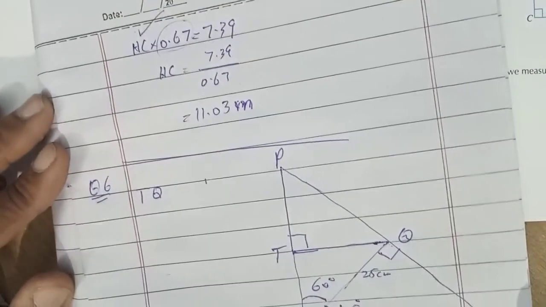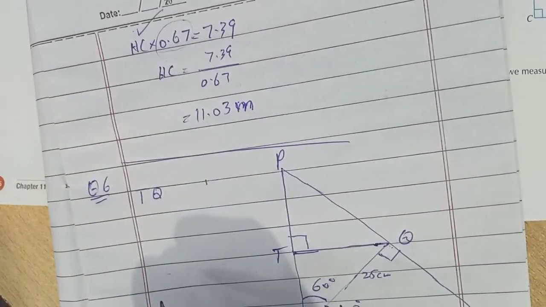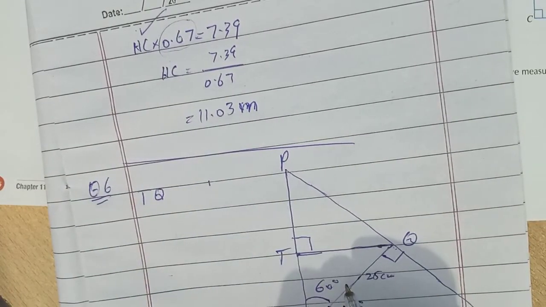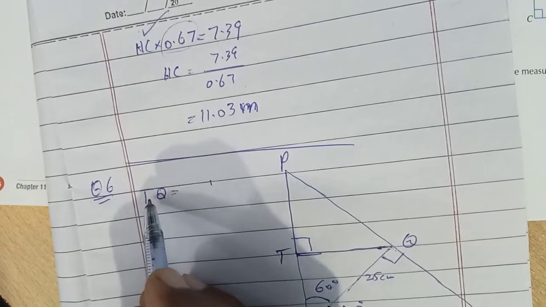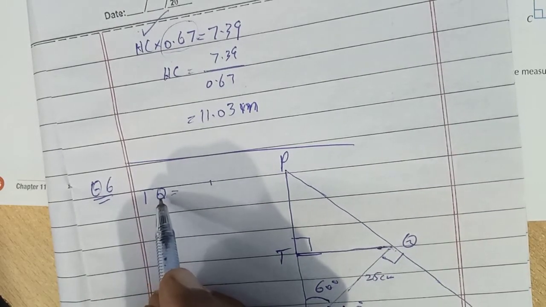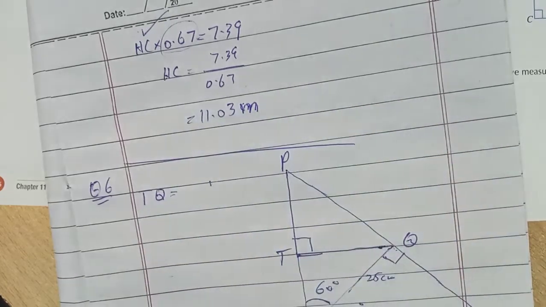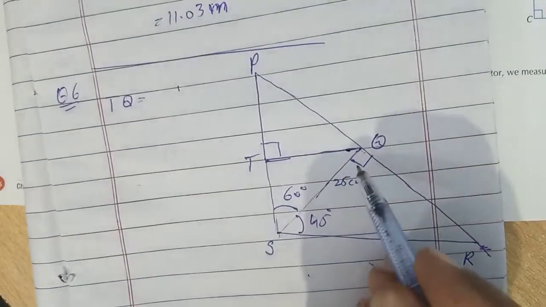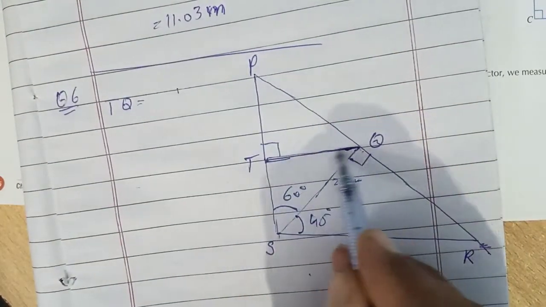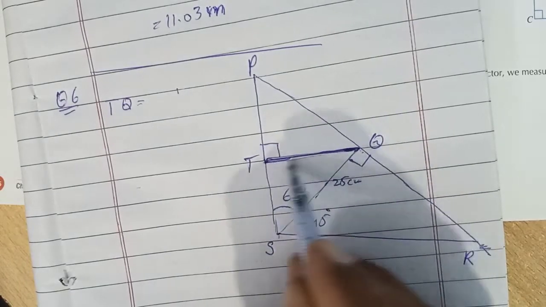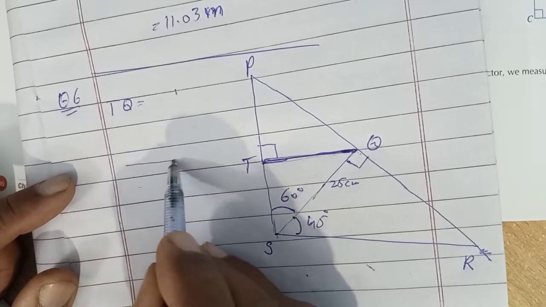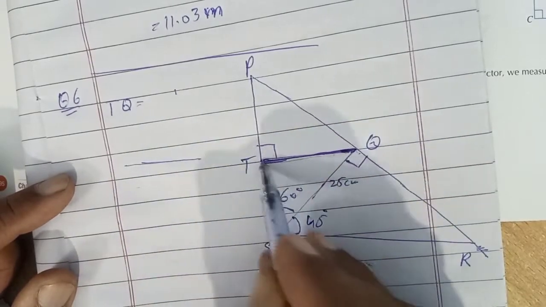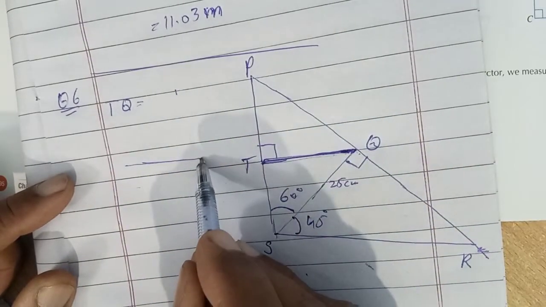Now this is question 6 of exercise 11b. This is the given figure. The side whose value is to be determined is TQ. If you look at this figure, this is TQ. I have to find the value of this TQ. If I extract this triangle, which is STQ over here,